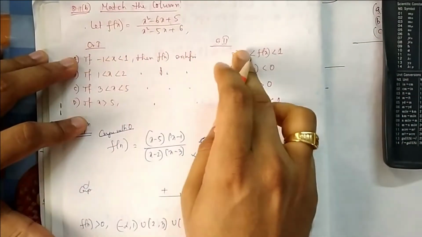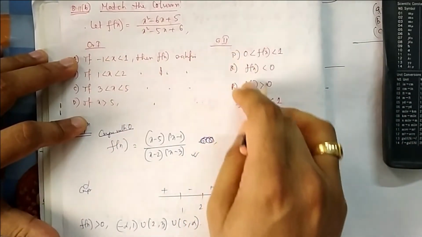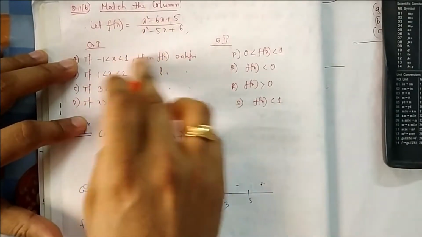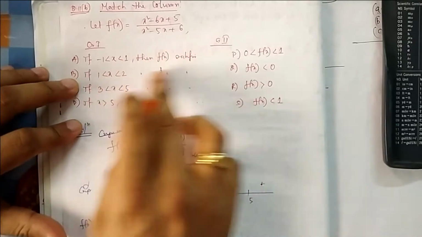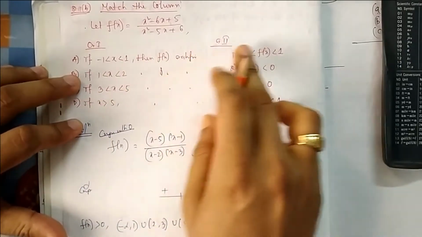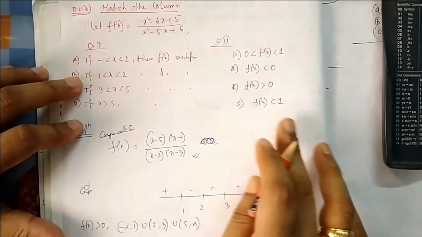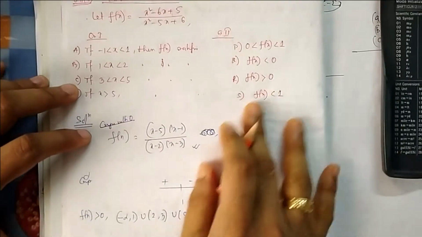If you get one, it's not that matching. So there are multiple right options. P, Q, R, S can be satisfying A. So you have to write all those which satisfy A. Here also all those. Say P can come here also, P can come here also, if it is also satisfying it. So that's the idea of matching here.